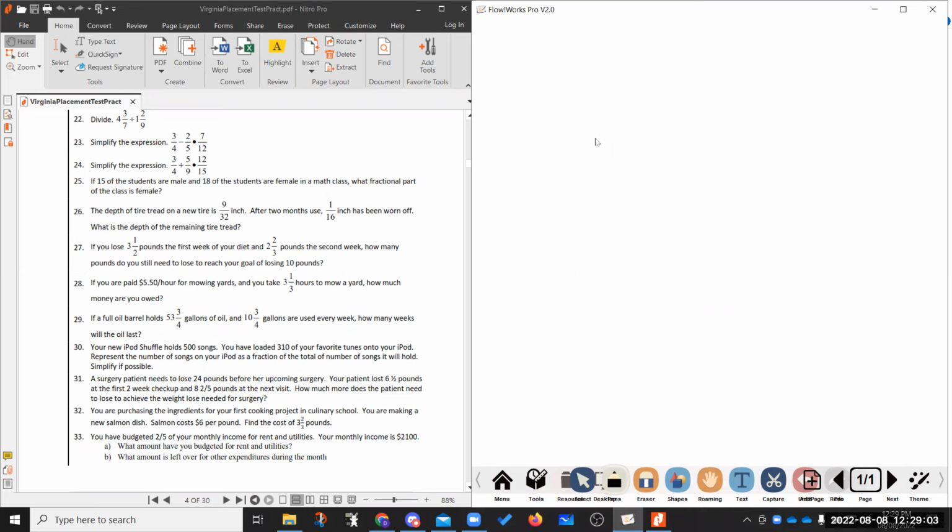If you lose 3.5 pounds the first week of your diet and 2 2/3 pounds the second week, how many pounds do you still need to lose if you were trying to lose 10 pounds? So your goal was 10, right? Common denominator is going to be 6 here. So this is 60 over 6